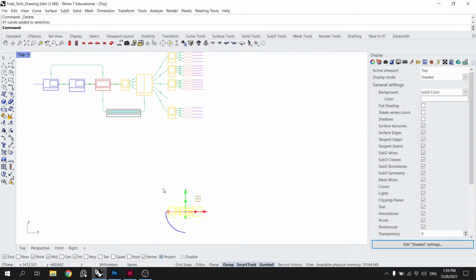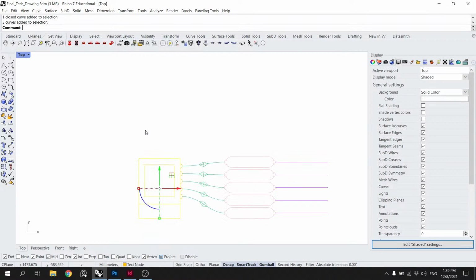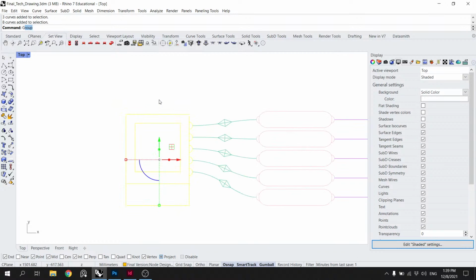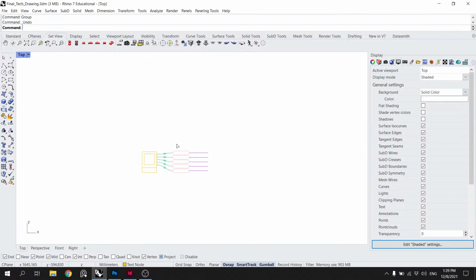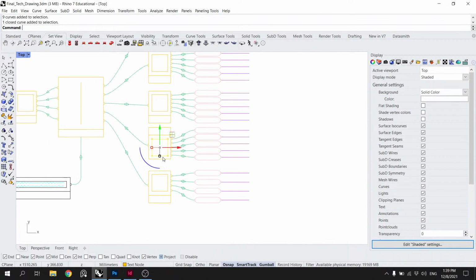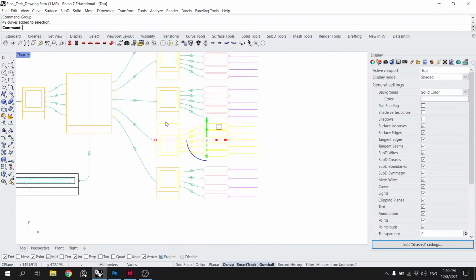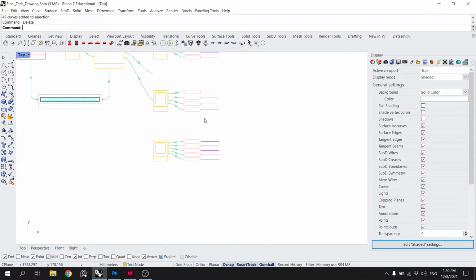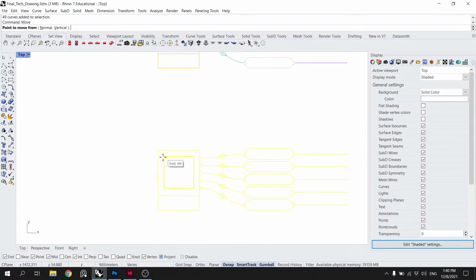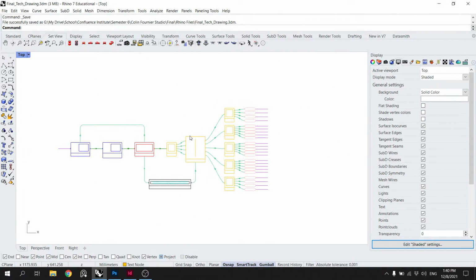Delete it, and then just come back. Group that. Oh god, no. Delete, delete, delete, delete, delete. That has to become a group. I'll mirror it here. Then this will get selected, moved from there to there, like so. Saved. Alright.